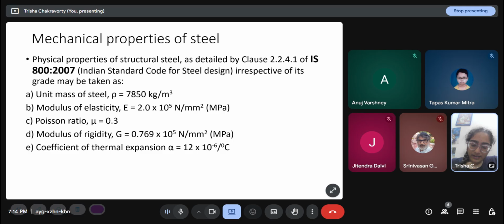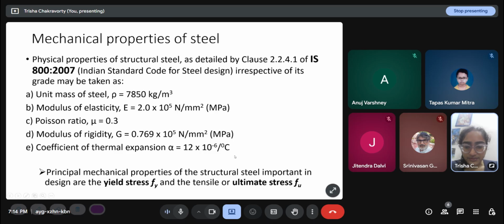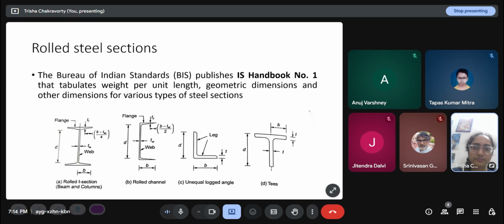These five properties are generally somewhere around these values even for different grades of steel. The values which do vary are the yield stress Fy and the ultimate stress Fu. So these are the principal mechanical properties of the structural steel, and they are important in design. So far, in whatever design we have seen in bolts or welds or in tension members, the structural property that comes up is the yield stress and the ultimate strength. These two, and the geometric properties, the other things that come, like the length of the weld or the diameter of the bolt, those are the geometric properties, and yield stress and ultimate strength are the material properties.